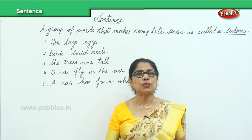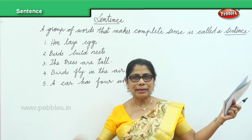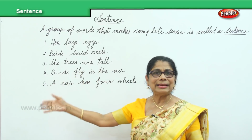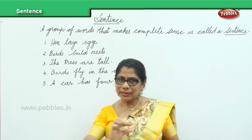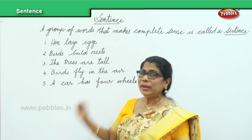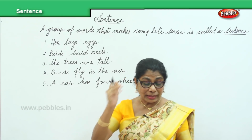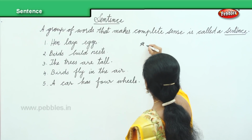So when the teacher asks you to write a complete sentence, beginning with the capital letter and ending with the full stop, you can write: Hen lays eggs. The trees are tall. The car. Whatever. Now, we must always remember, and that has to be in your mind, a sentence